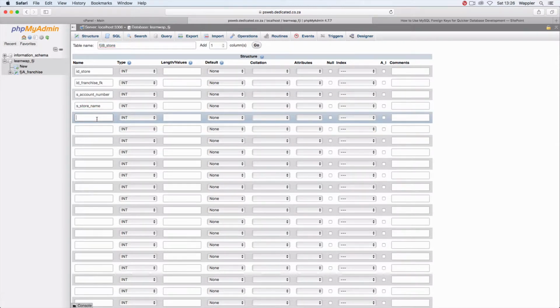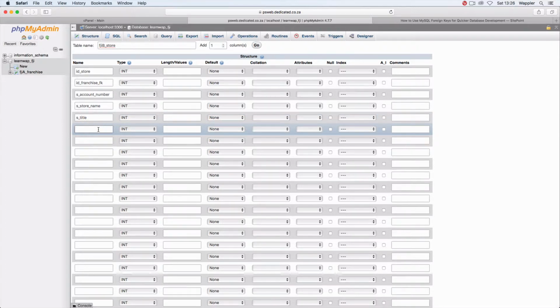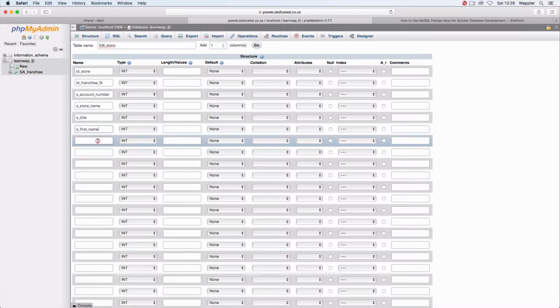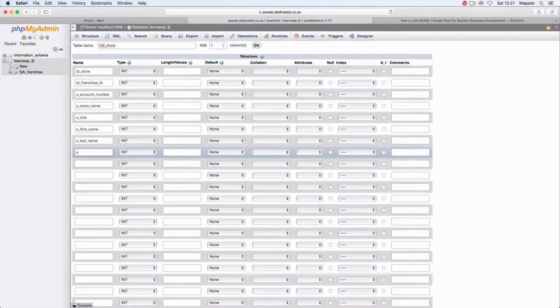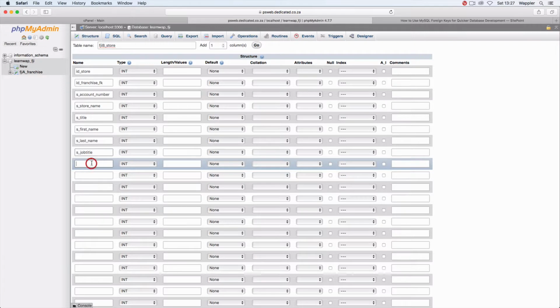Okay, S underscore title, S underscore first name, S underscore last name, S underscore job title, S underscore email. The next ones are going to be email 2 through to 10, so I'm just going to